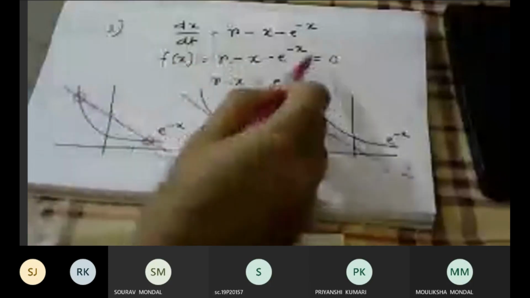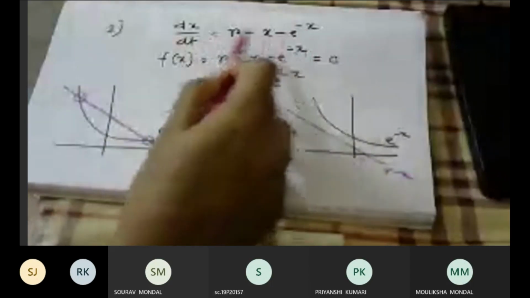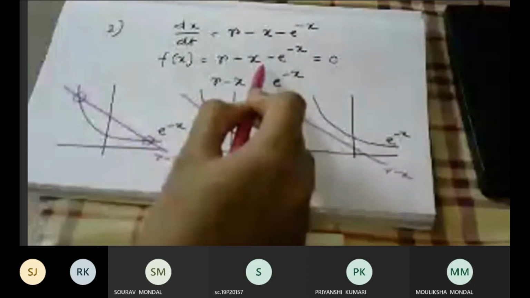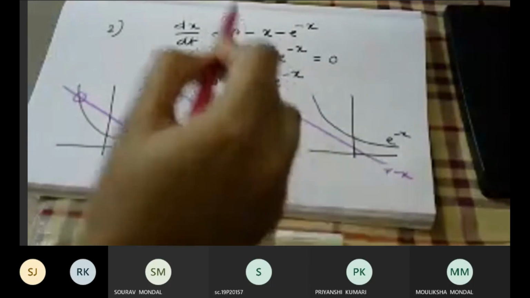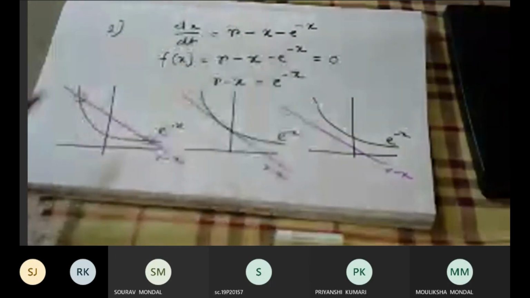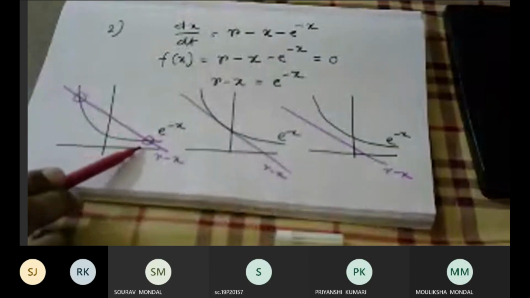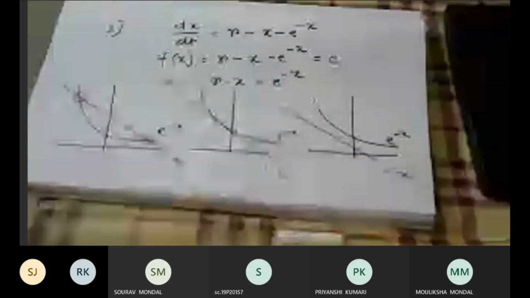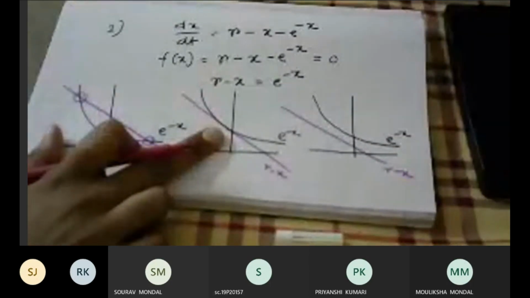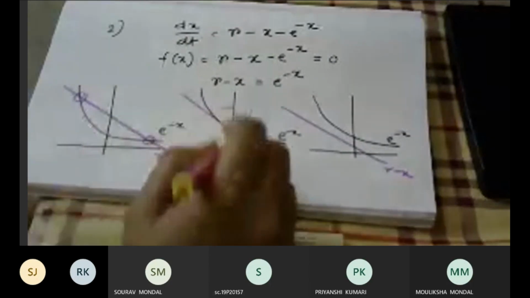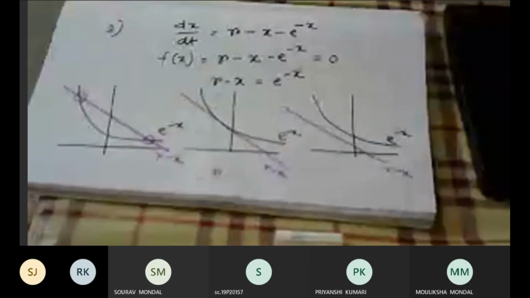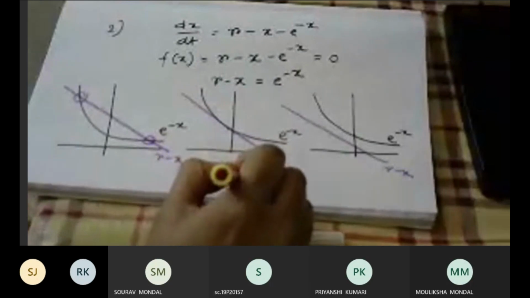We know that the total velocity is positive or negative. Depending on that, we can conclude that it's a stable or unstable point. Use the same notion and try to figure out which of these points are stable or unstable. This is definitely a half stable point, because here the bifurcation is occurring. And the value of r at which the bifurcation will occur will be r equal to 1.